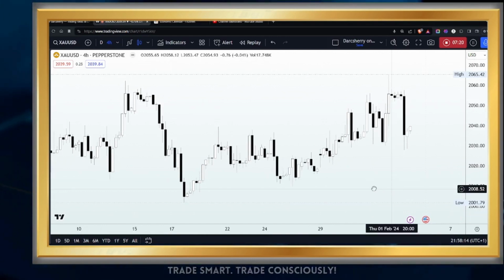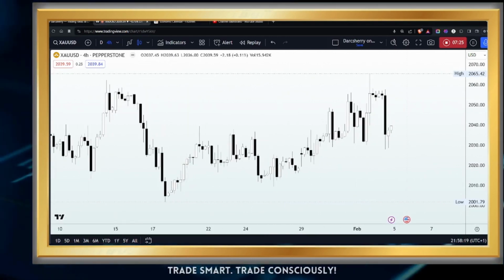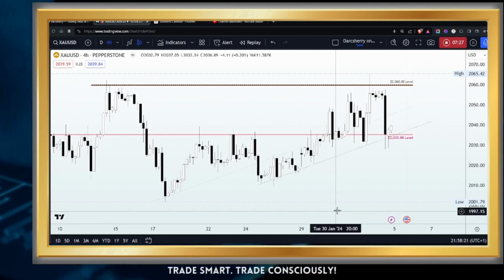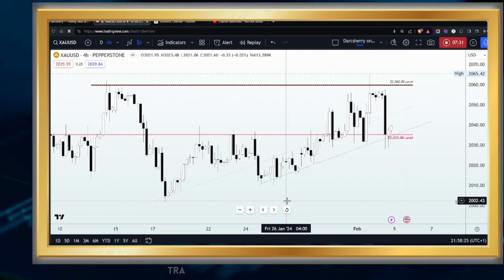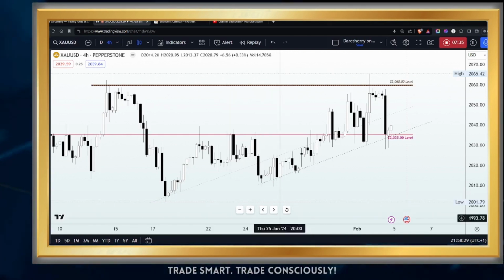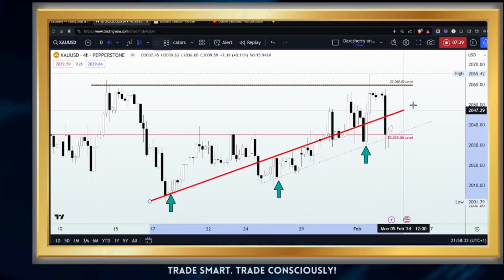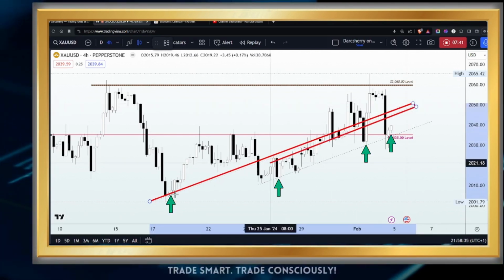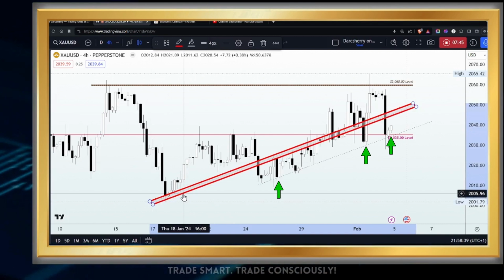And on the 4 hours time frame, all I did here was to consider the nature of price action in the last couple of weeks, and of course it's still evident that the bullish momentum is still looking viable, as we have connected a series of higher lows here, giving us a couple of ascending trend lines, as you will see here. But this is the one I will be using, the one right here, the one below here,